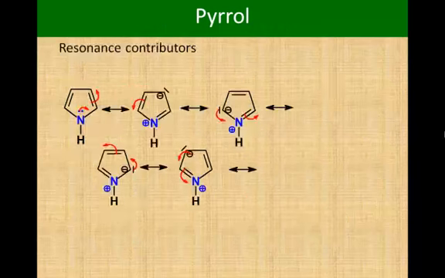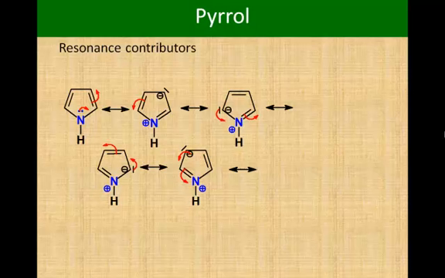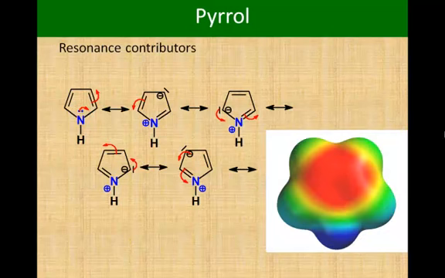We can draw a number of resonance contributors for pyrrole by pushing that lone pair of electrons into the five-membered ring. This causes a separation of charge, with negative charge distributed across the carbons and a positive charge on nitrogen in 4 out of our 5 resonance contributors. So this lone pair of electrons gets pushed into the aromatic ring, and you can see from our electron density map that we have a lot of positive charge located on that nitrogen,